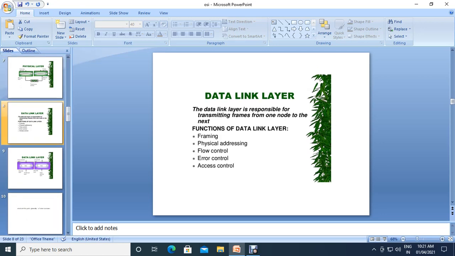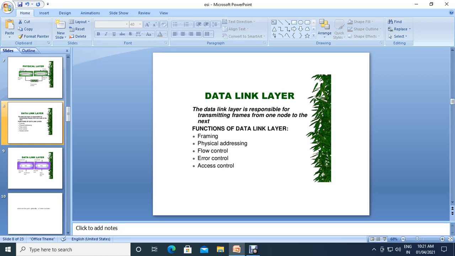Okay, next comes the data link layer. The data link layer is responsible for transmitting frames from one node to the next node. That is its main responsibility, and there are functions also. The first function is framing, second is physical addressing, third is flow control, fourth is error control, and fifth is access control.